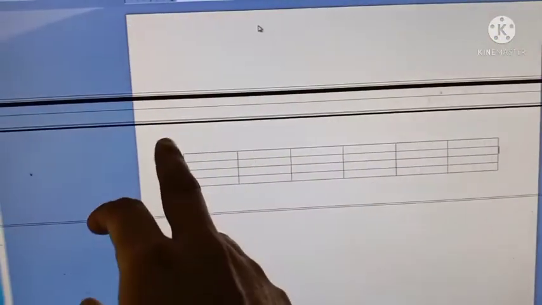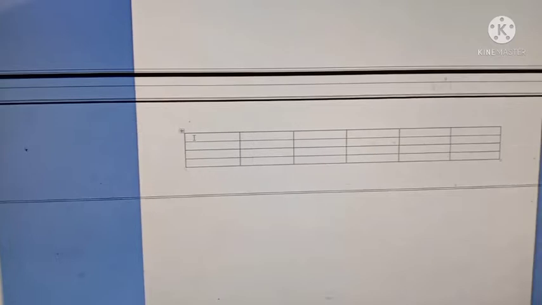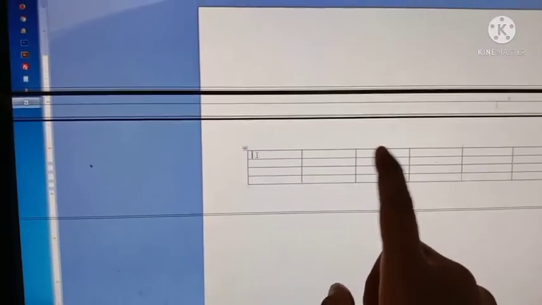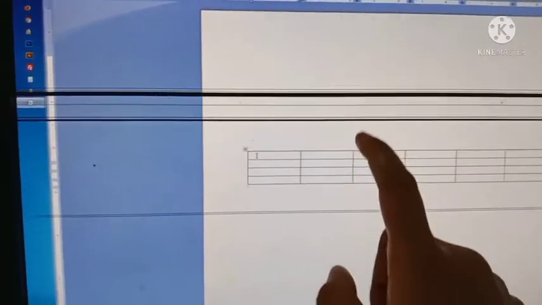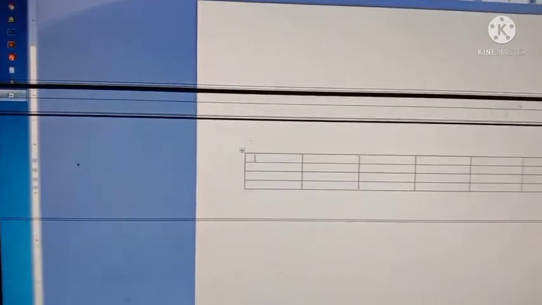For understanding, I have already moved it down. And how we can type here. So first you just go and click here, left button. Now you can see the cursor. These each boxes are called cells. These are actually the intersection of columns and rows. So I just left click at the first cell and I want to type there class. And the second one, that is hockey, I think. So you want to type hockey.